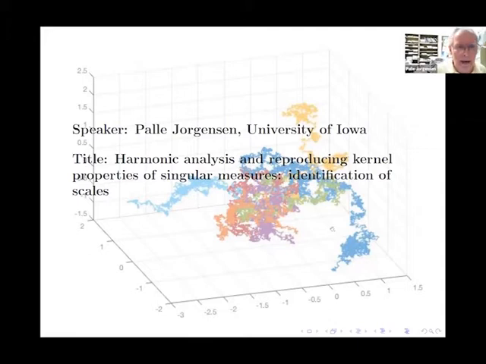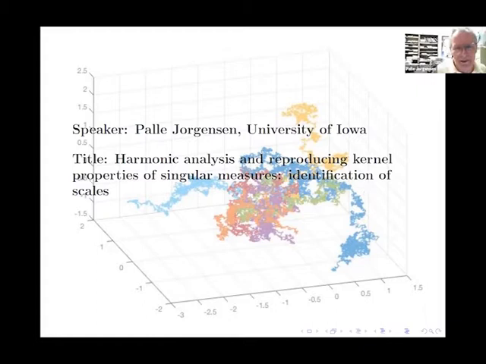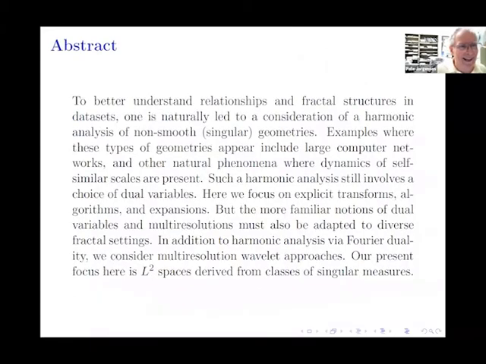The main new ingredient that comes into the game is certain classes of kernel spaces, and I'll talk about those. One of the problems is inverse problems going from spectrum to geometry, and in that direction, you'd be interested in identifying fractal scales. The picture in the background illustrates some kind of structures that you want to do harmonic analysis on. This is generated by a simulation with Monte Carlo, but the main purpose is actually decoration.